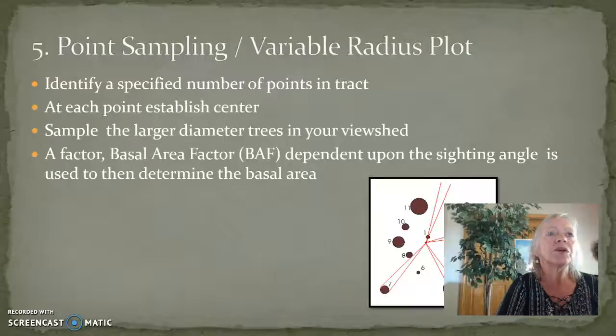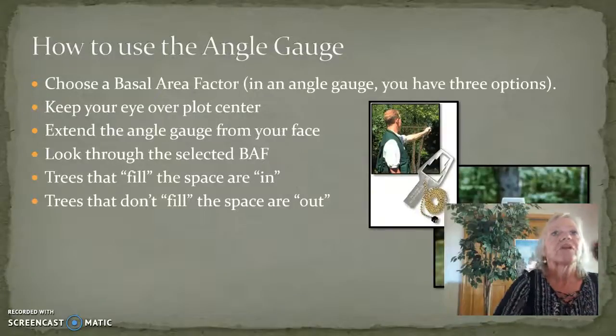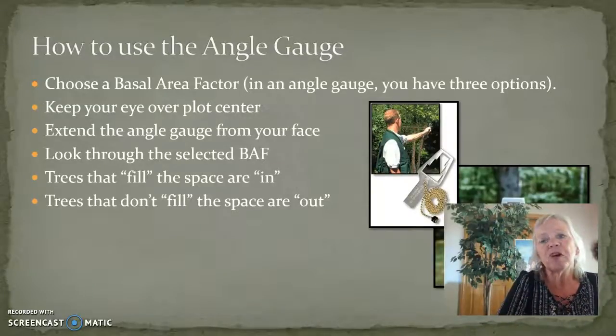You sample the largest diameter trees in your view shed, and you use a factor called a basal area factor, depending on the sighting angle, to determine the basal area of those trees, which is the tree density. So there's two tools we're going to talk about today. The first one is an angle gauge, and